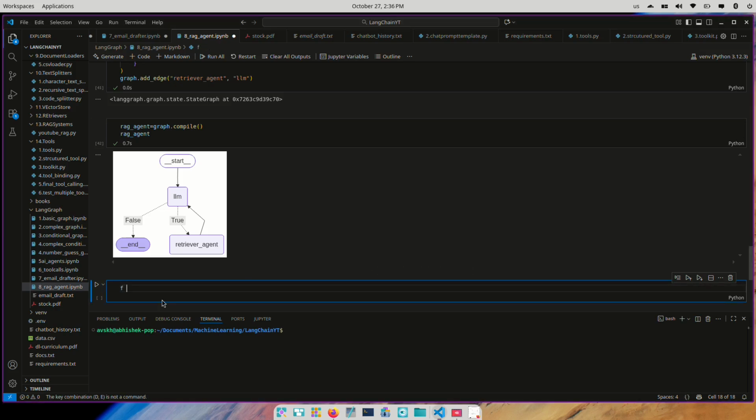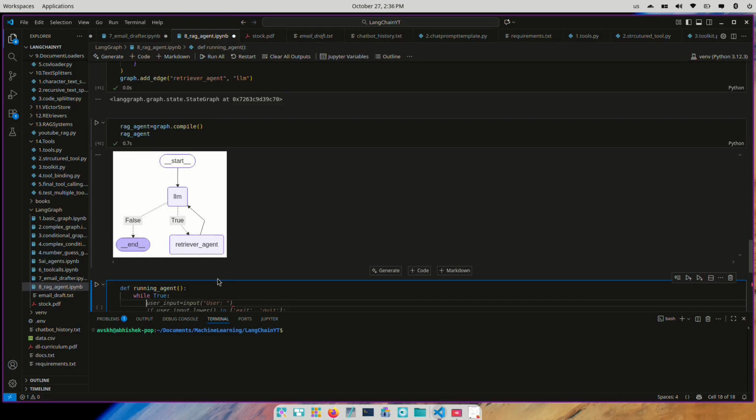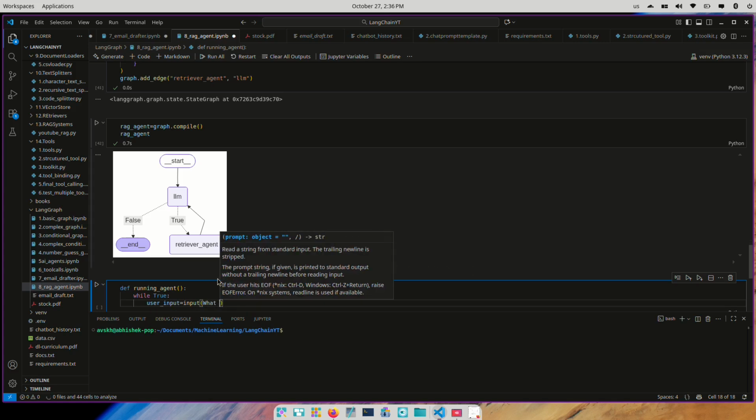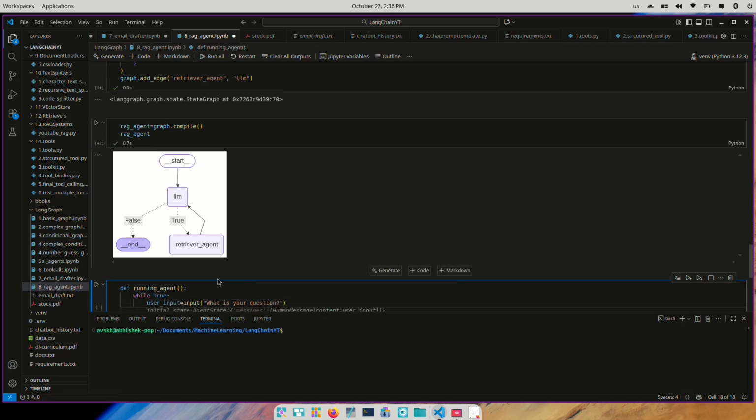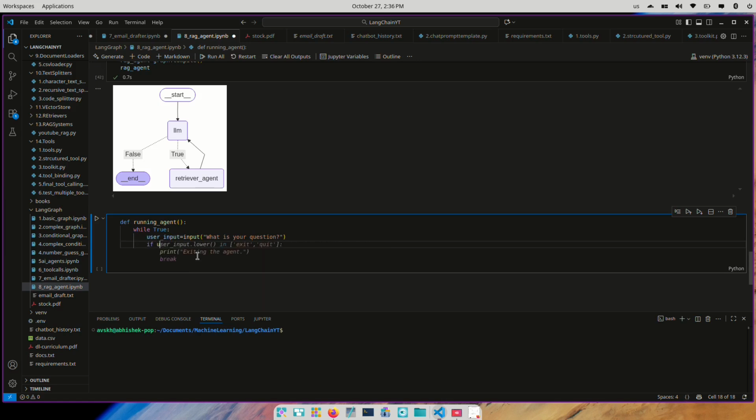So finally, we'll define a function for running our agents. So def running_agent. We'll use a continuous loop here, and then we'll ask the user for their question. Input: what is your question? So if the user input is exit or quit, then we exit the agent, or else we're going to append